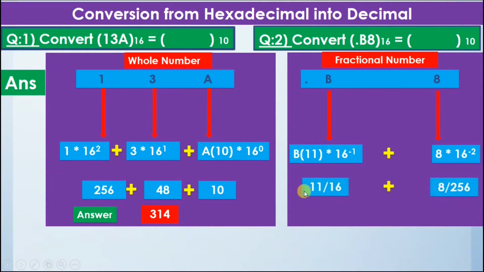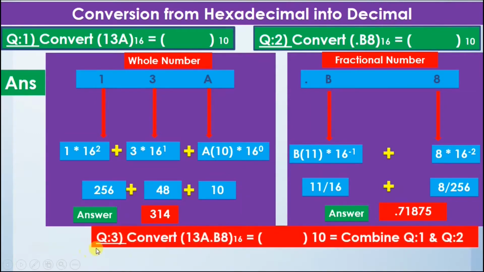Alright. So here the value is 11 by 16 and here the value is 8 divided by 256. So after adding them all together, we get the final number 0.71875. So now we can say that the floating number .B8 in hexadecimal is equal to 0.71875 in decimal. So now let's look at question number 3, in which we are given the number